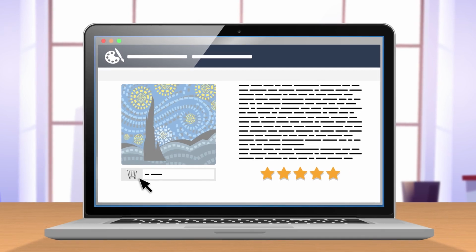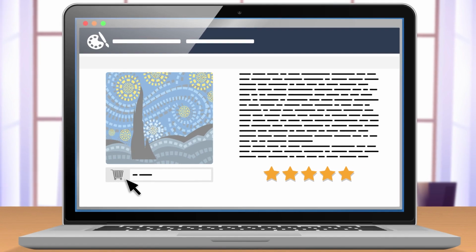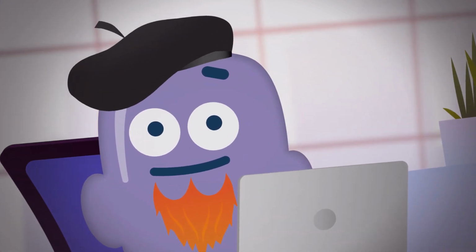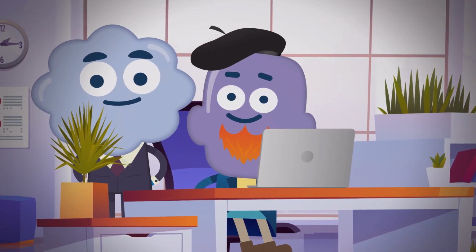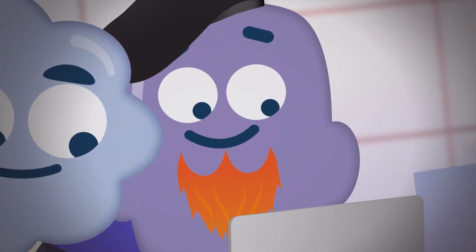As the world becomes more and more digitally focused, good website design is more important than ever. Imagine you're a world-famous artist from the past, now working for a boss who tells you that you need to modernize how you sell your work. That means going online. Excited, you design a website that you think will be amazing, but the time comes to